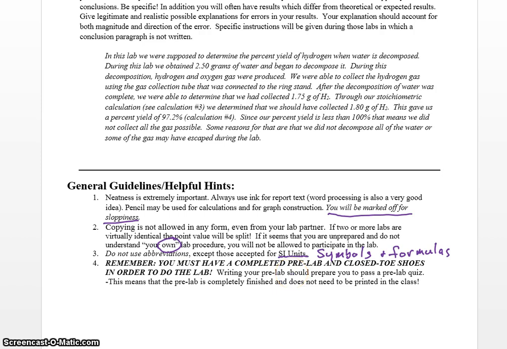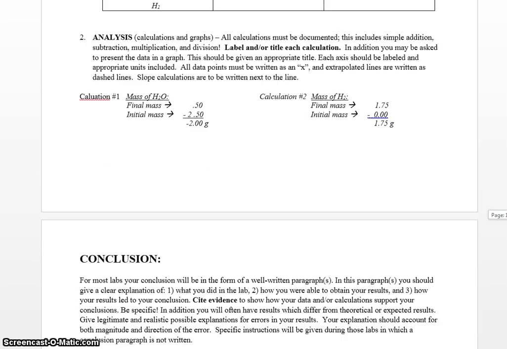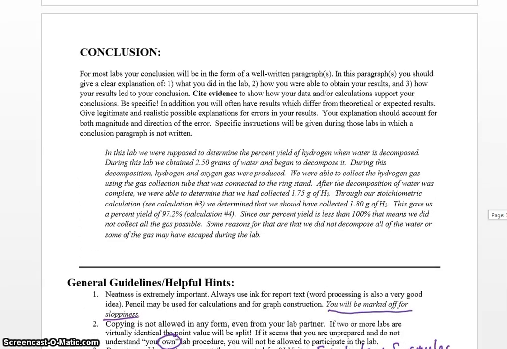All right, with those helpful guidelines in mind, let's move back up to the beginning and talk about the format for doing